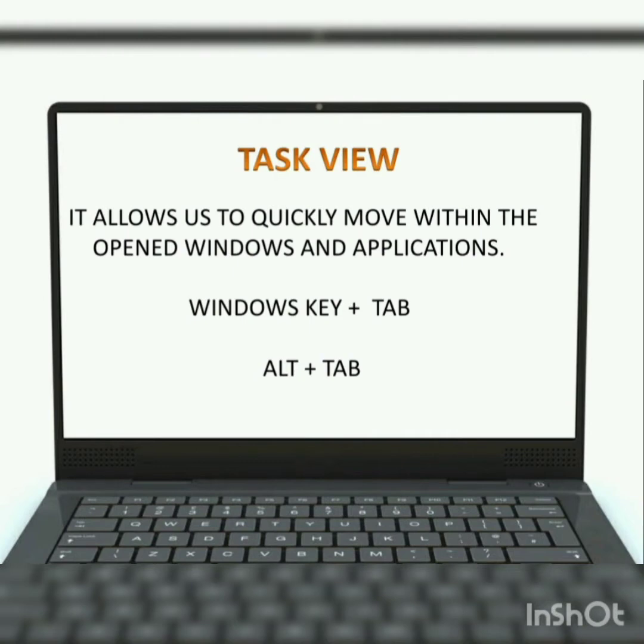The task view is used in two ways. One is Windows key plus tab, and the other one is Alt key plus tab. These two are keys on the keyboard. Now let's see how the task view works through these two methods.